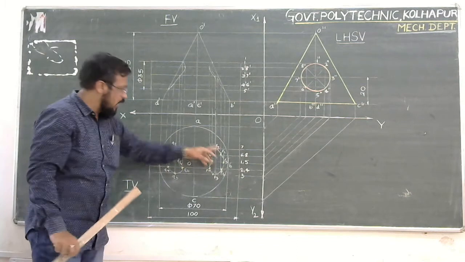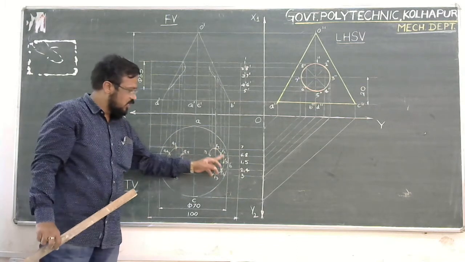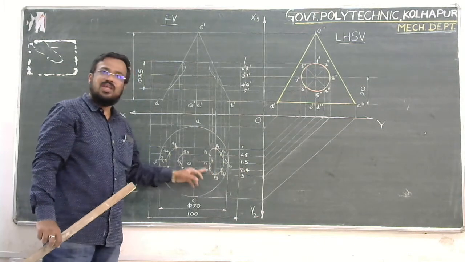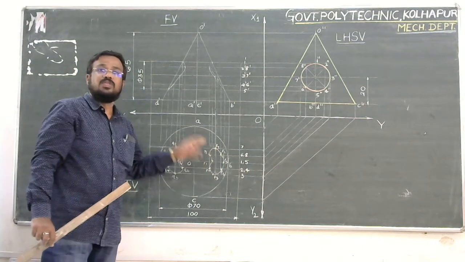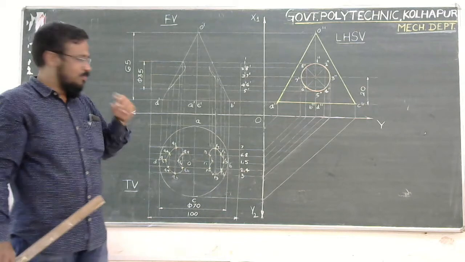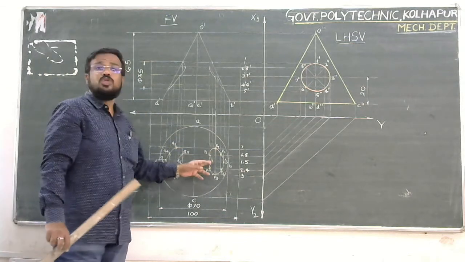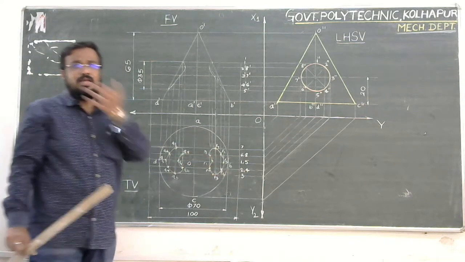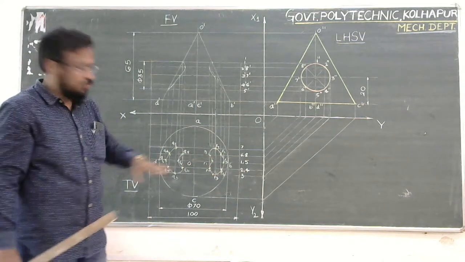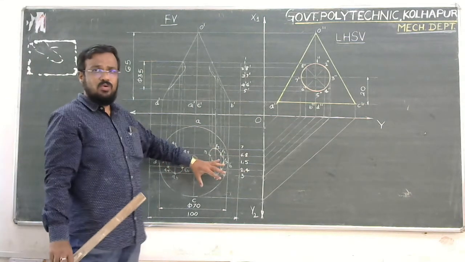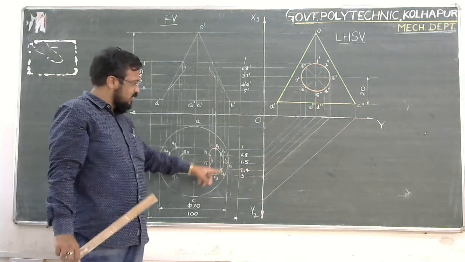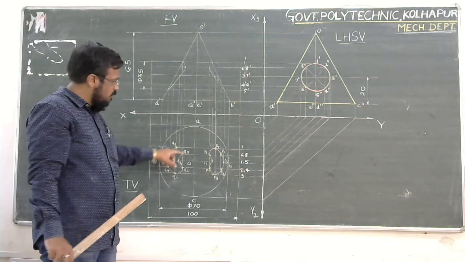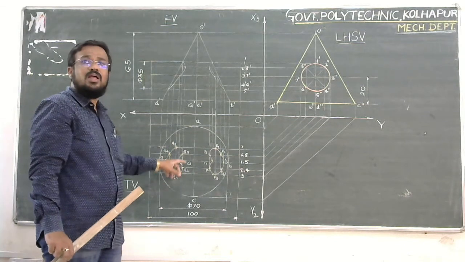Okay. Now once you get all these 8 points, you just join them in the form of a thin line. Because still visibility we need to apply. When you apply the visibility, the visible portion will be drawn in the form of a continuous line. And what is not visible can be drawn in the form of a dotted line. Just draw the rough surfaces and you will get an idea. You will get this shape just like our organ, kidney shape.